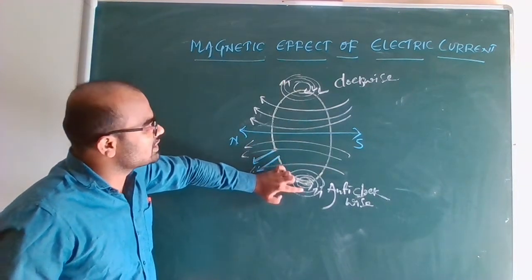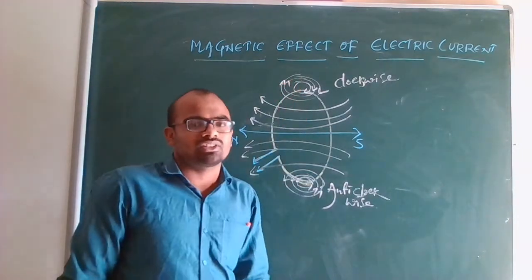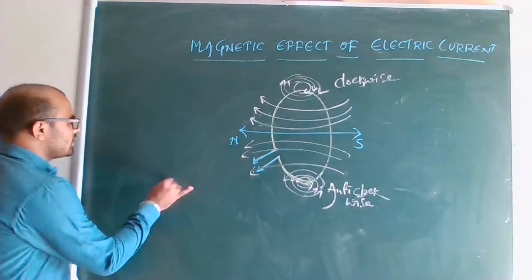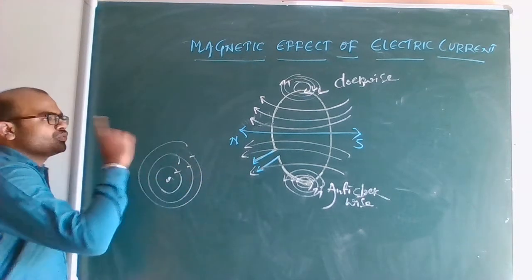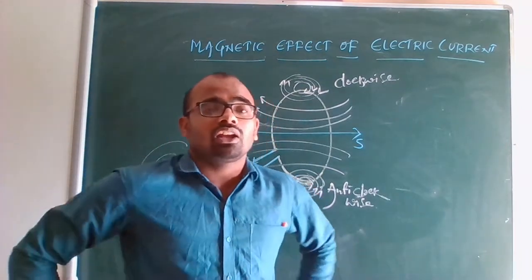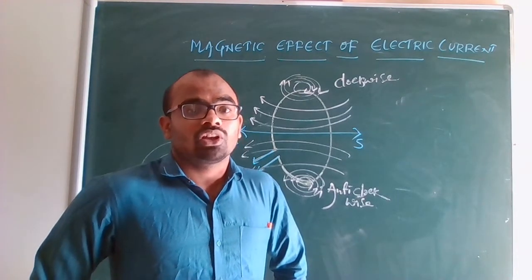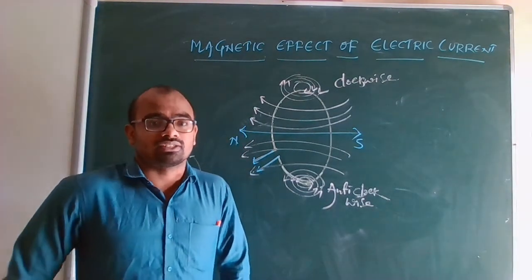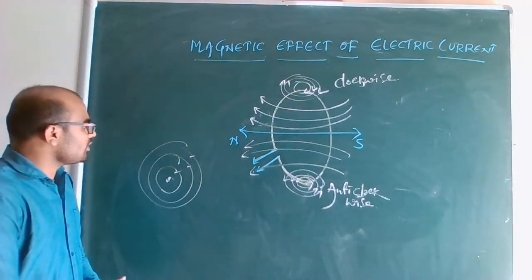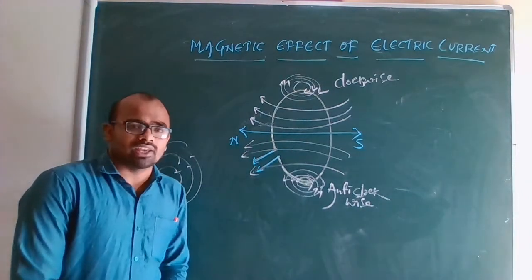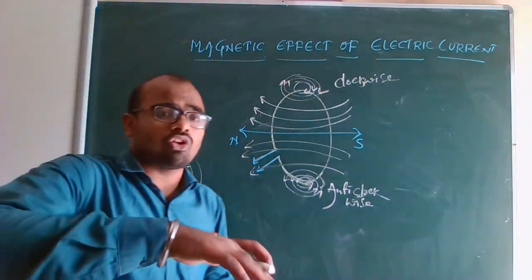Here we are seeing the magnetic field. These concentric circles you already know. If circles are having the same center, this is the center for all the three circles, then we can say that these are concentric circles. These are what? Concentric circles. Now, these concentric circles may have two directions. It may be clockwise or anti-clockwise.